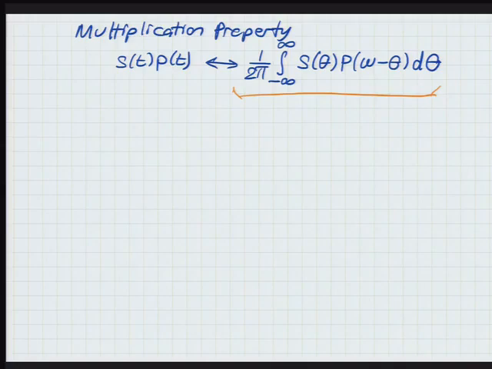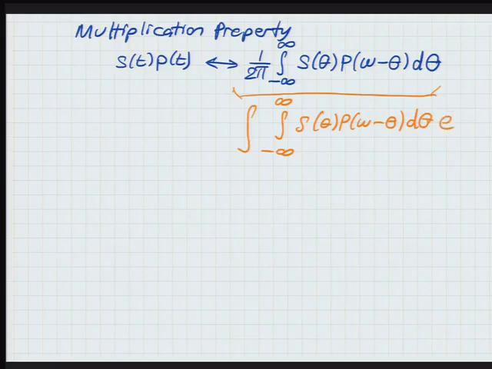So if I integrate this, it already is an integral over theta, but if I also multiply by e to the j omega t and integrate over omega,